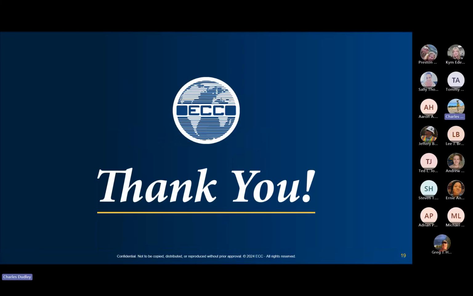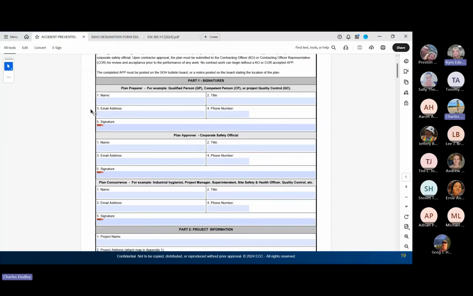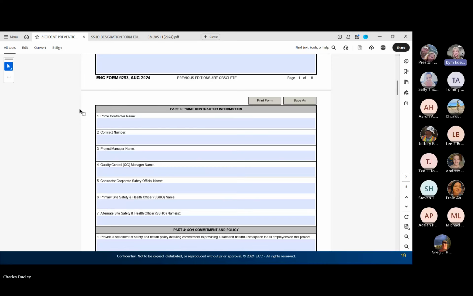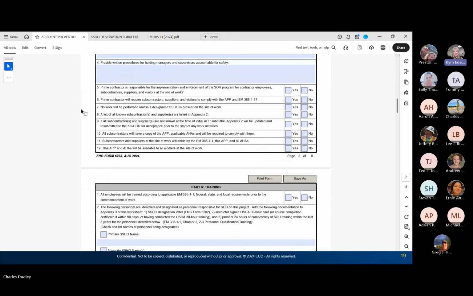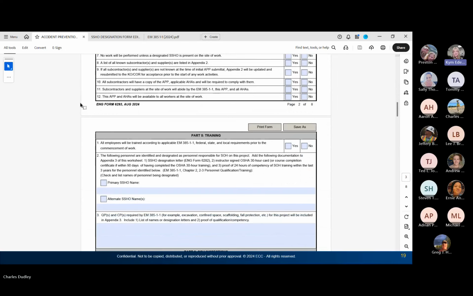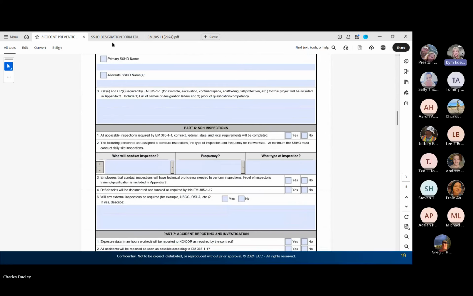What other new stuff did they implement? Just the form for the APP is new as well, the 6293. Yeah, 6293. And if anyone has to write one of these, let me know because I will send you the one I use. It's got all the basic information already in it, so that all you need to change are the people that are involved,